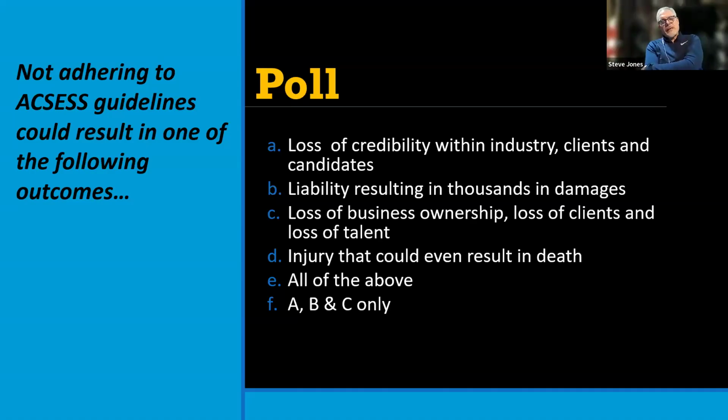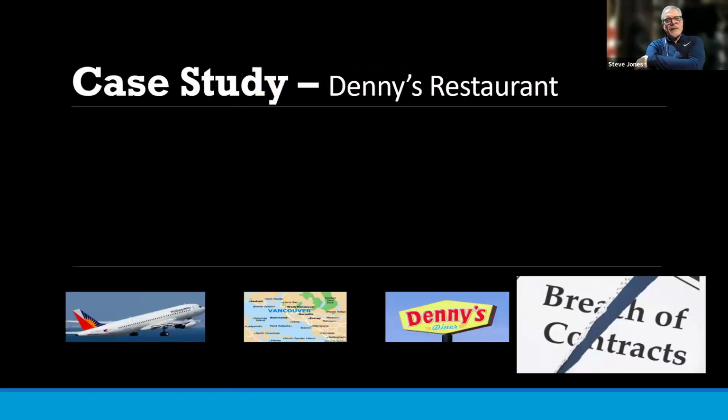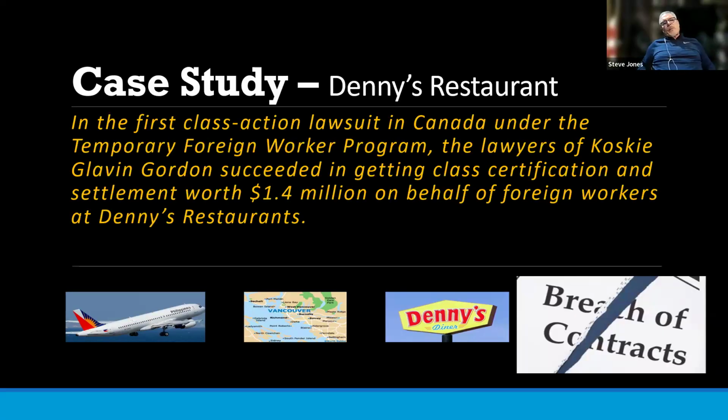Do you consider getting into the company van and going from the subway station or the bus stop as being at work? Are you under the direction, control, and supervision of your employer at the time? So there are all kinds of crazy, unforeseeable things that can happen. And by staying in line, putting things in writing, and having good and open communication, we can avoid some of these happening. So here's an interesting case of Denny's restaurant in Alberta.